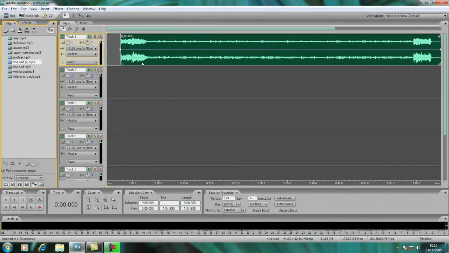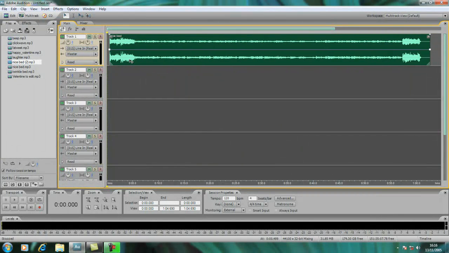This is the bed now. What I'm going to do is just drag it to the beginning, because as you can see, the cursor is right here at the beginning. I just right click and drag it there. Now, according to my